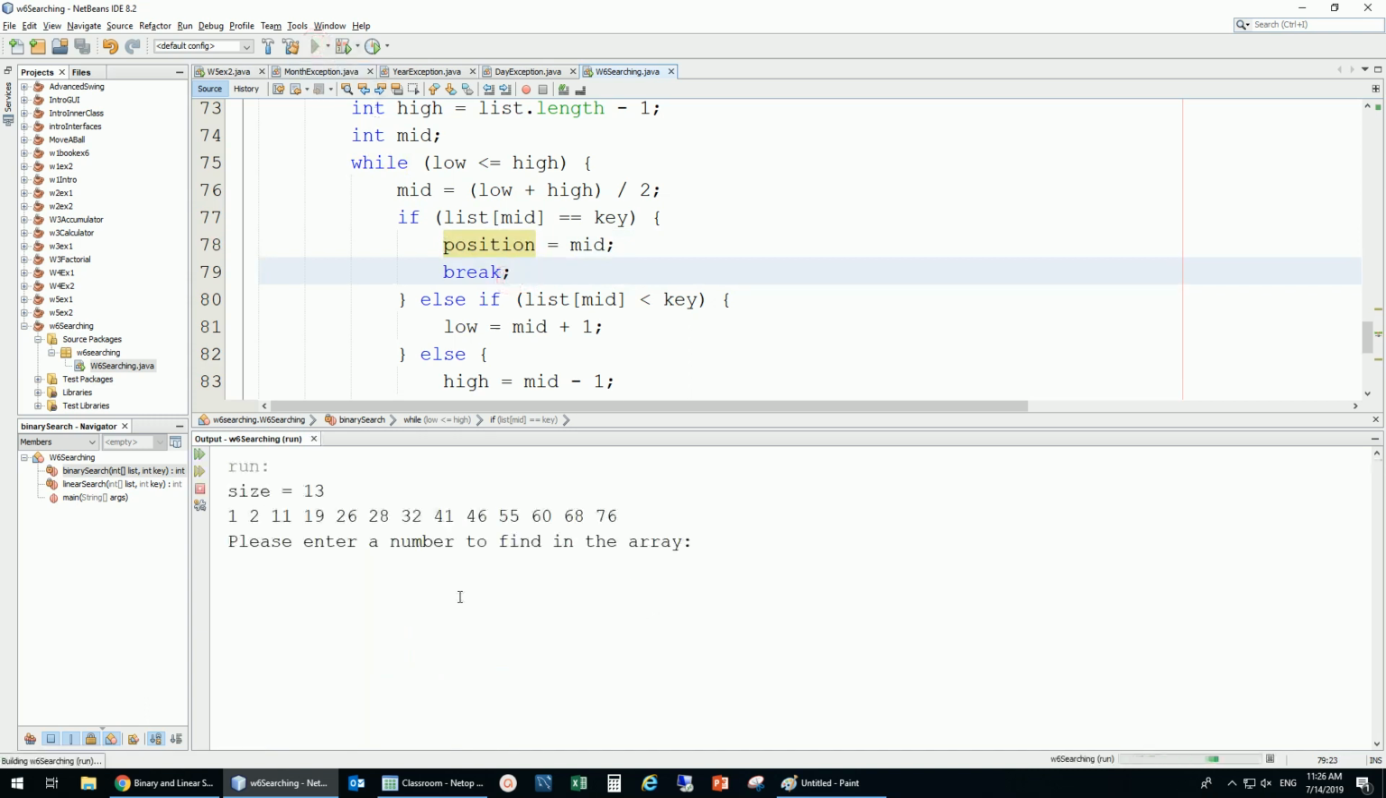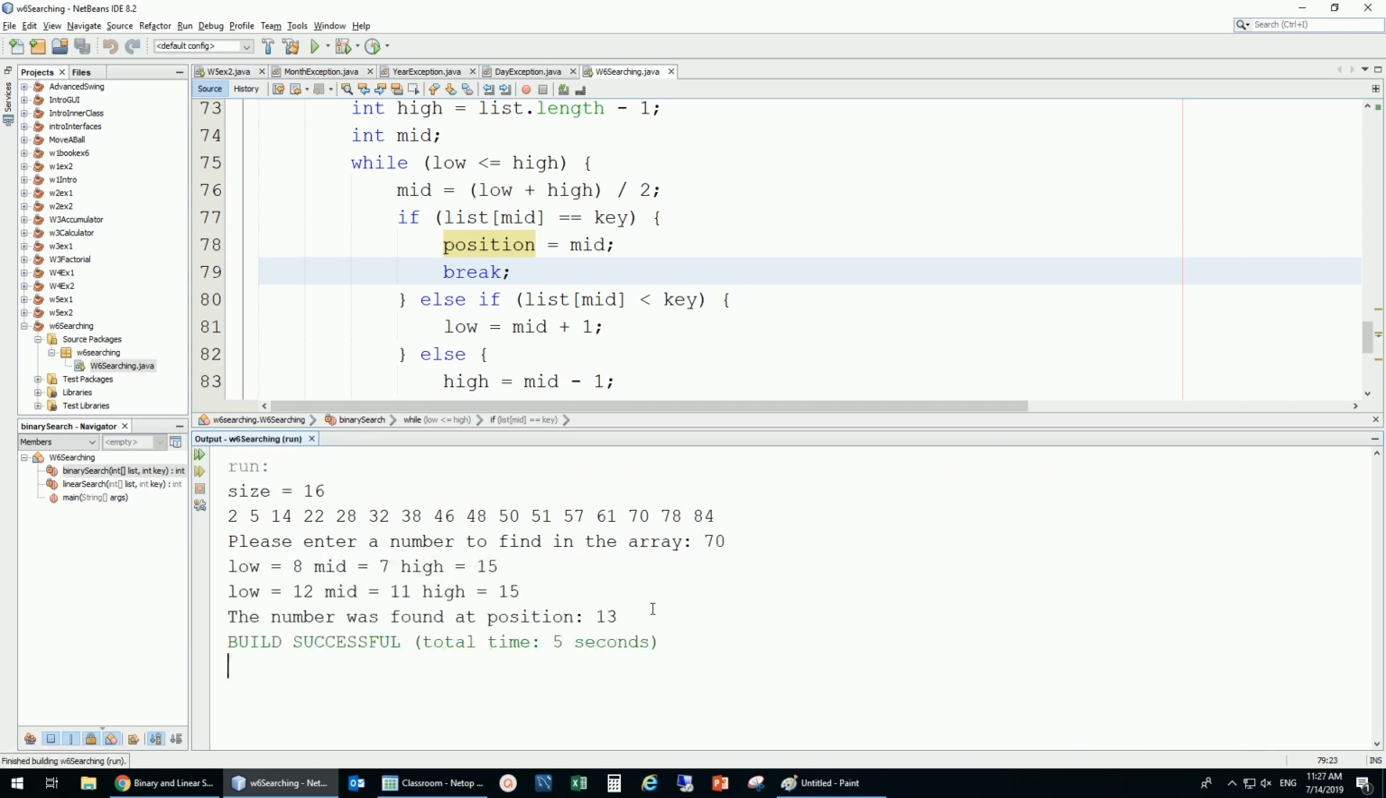Now let's try again, this time with 32, and the number is found at position 6, because it was the middle, so it immediately was the middle. Now let's try with another number which is not in the middle, so we don't have this one shot. Let's say 70. Now this is how it starts, and the low is 8, because actually we skipped the first one,